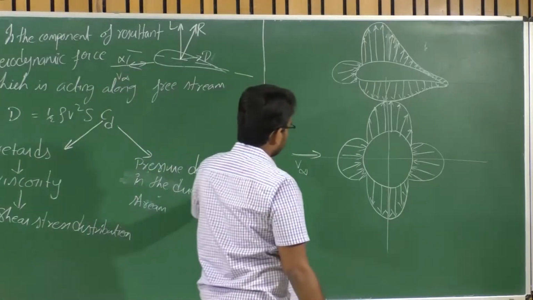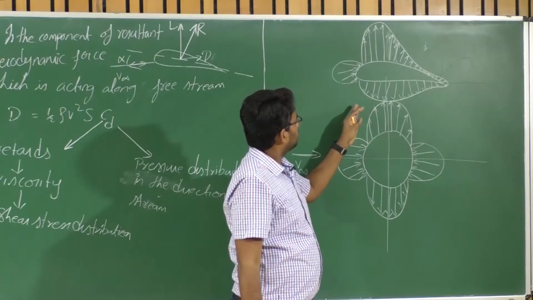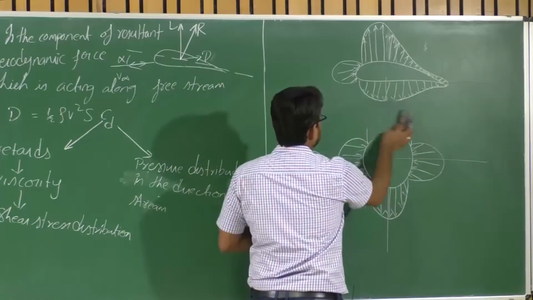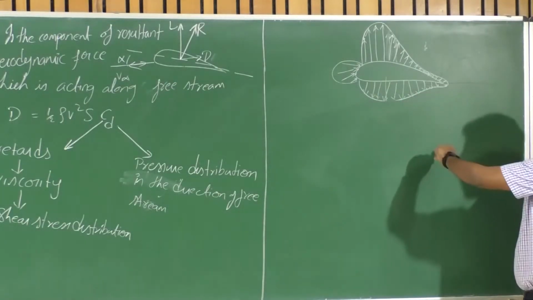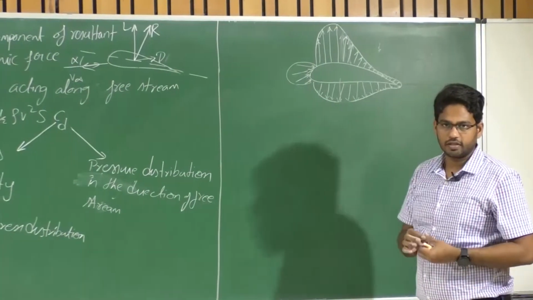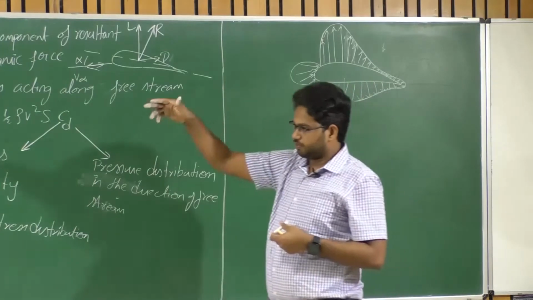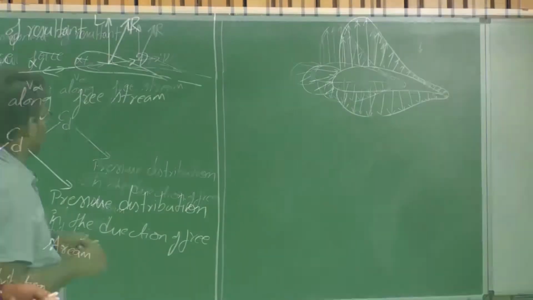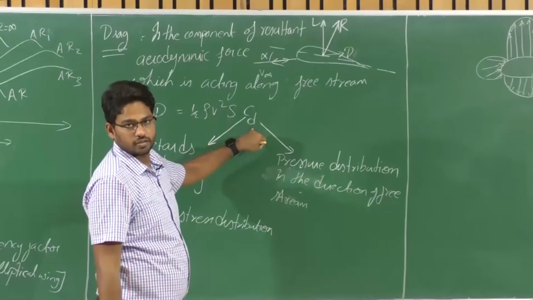So that corresponds to ideal fluid theory. Why are we discussing this? In reality, even at zero angle of attack, there is flow separation at the trailing edge. That creates a pressure difference between the leading edge part and the trailing edge part. So the pressure difference along the flow direction creates a certain force on this body along the flow direction. That contribution is towards this CD, the drag coefficient.